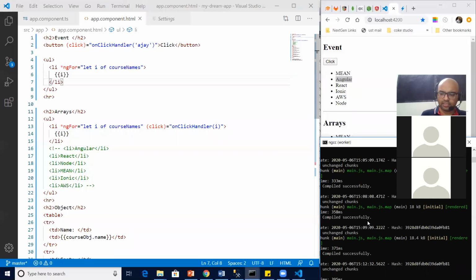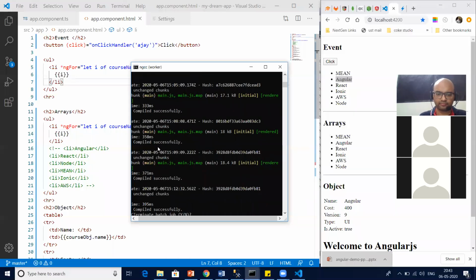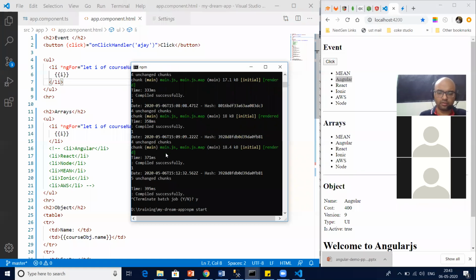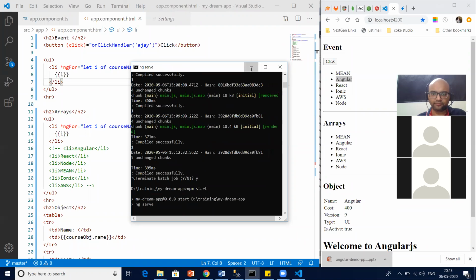Let's kill the server and start it again. npm start or ng serve, both are fine.